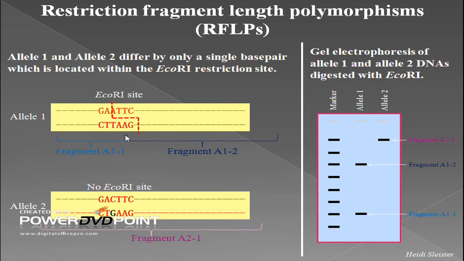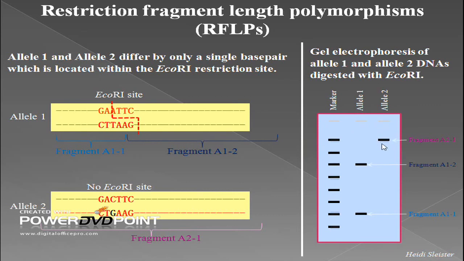Now we have obtained, say, allele 1 and allele 2 from a strawberry DNA. Here in allele 1 there is an EcoR1 site, and here in allele 2, in this length, there is no EcoR1 site. So this whole fragment will remain intact, whereas in allele 1 we will get 2 fragments. In the gel, the lane where allele 1 DNA was run shows 2 fragments, and in the lane where allele 2 was run, only one single fragment.